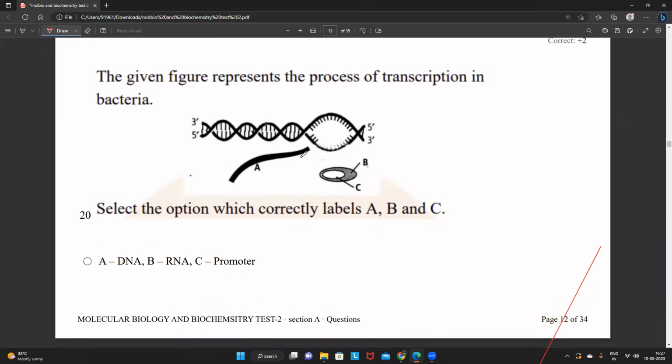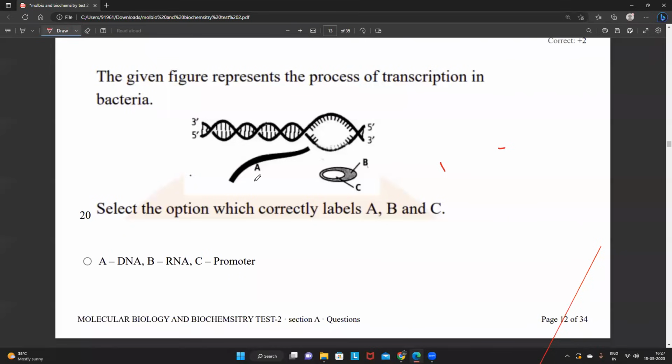I'm not understanding how. See, what people are thinking, everyone thinks A is the RNA which is coming out. And what every student thinks, C is the sigma factor. You tell me how C will become sigma factor. Friends, use your brain. Think it correctly. Suppose if C is the sigma factor, then where is the RNA polymerase enzyme present? It is present here. But what you can see in the diagram,